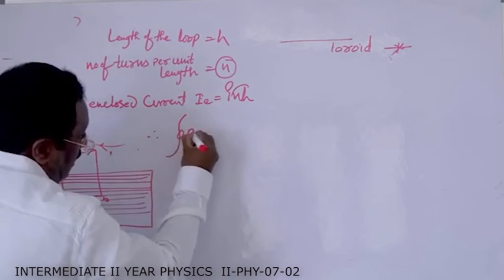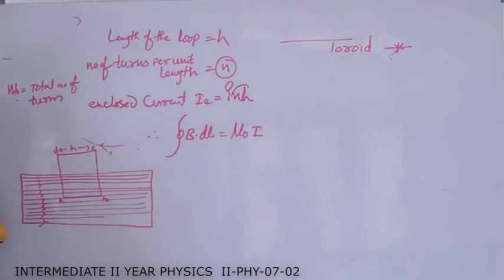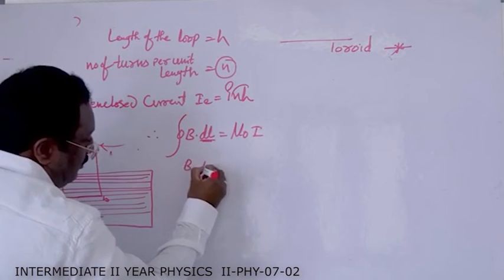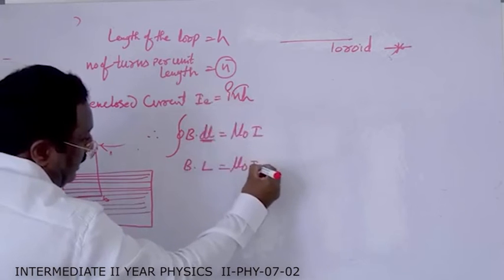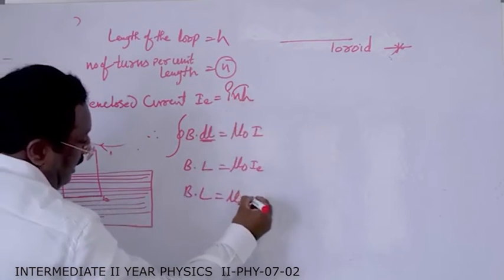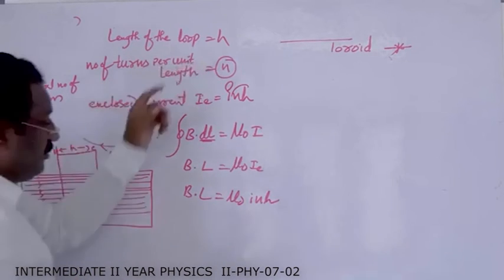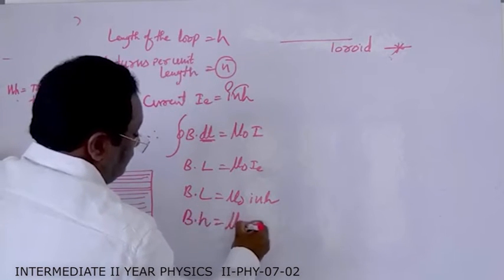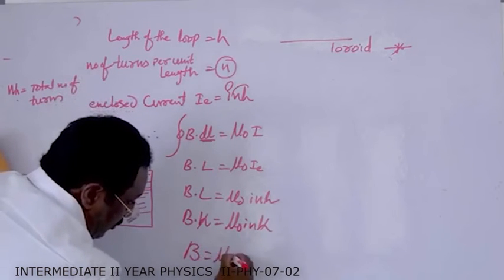What is Ampere's circuital law? The line integral of B dot dl is mu naught I. In this case, the integral gives the length of the loop times B, equal to mu naught I, where I is the enclosed current. So the enclosed current is I n h. Here the length of the loop is small h. So B times h equals mu naught I n h. So the magnetic field in the solenoid is mu naught